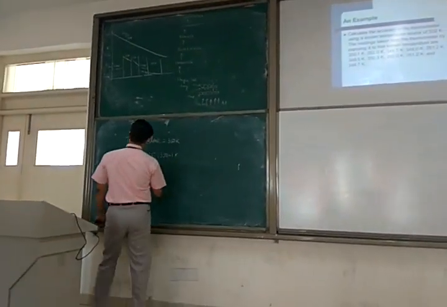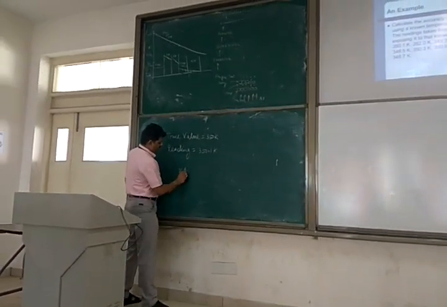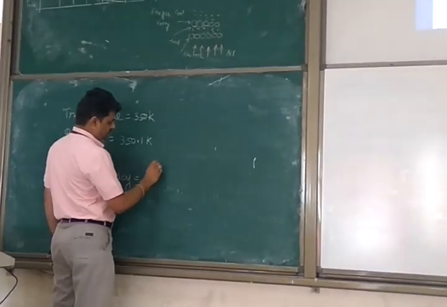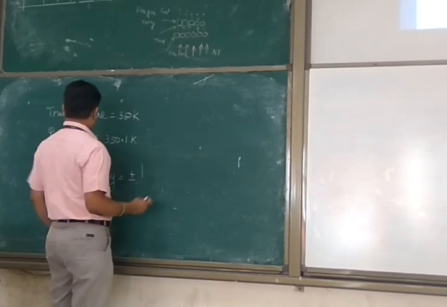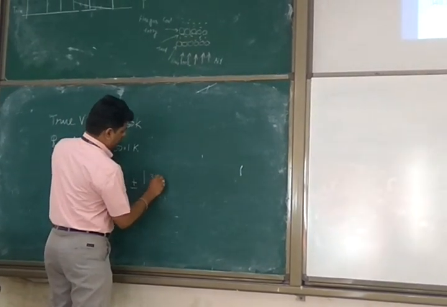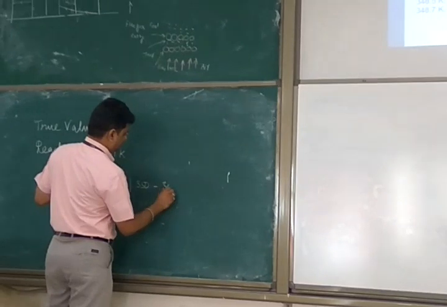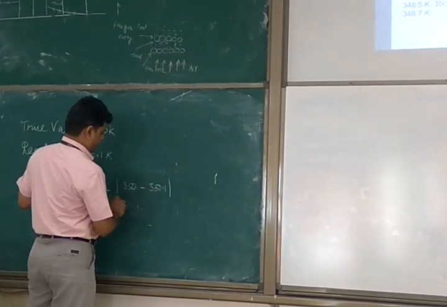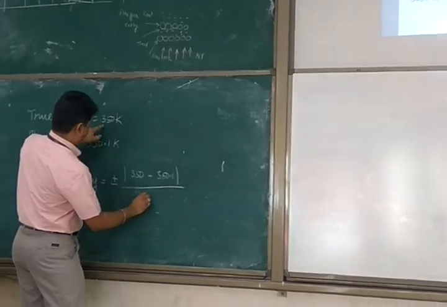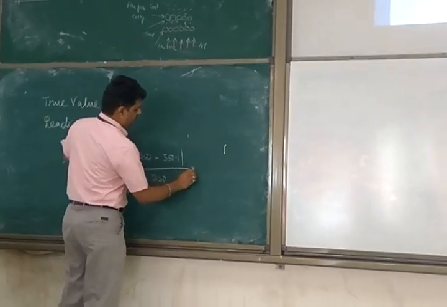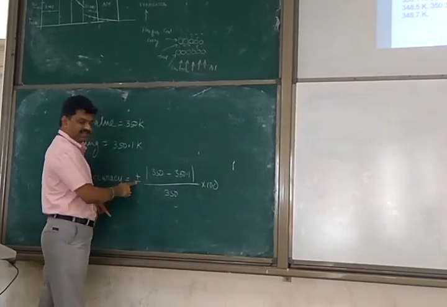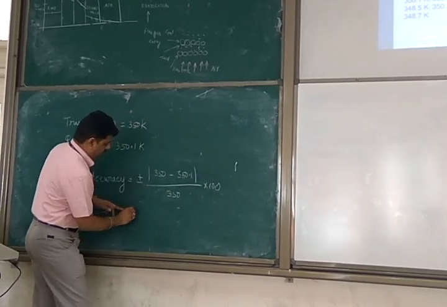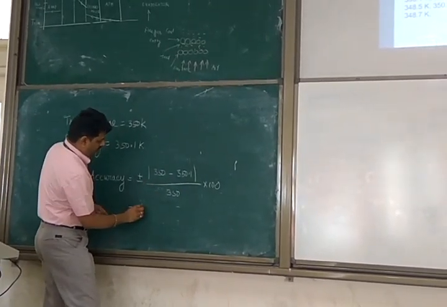So, the percentage of accuracy, plus or minus, true value minus reading. What is true value? 350 minus 350.1 divided by, reference value here is again true value. You should have plus or minus sign. You should have 100, and whatever the number that you compute. What is this? 0.1 divided by